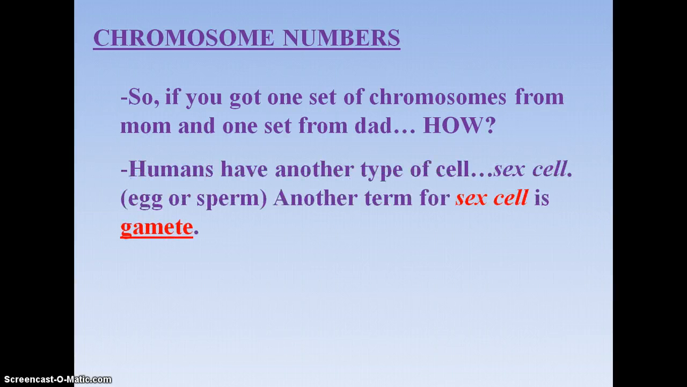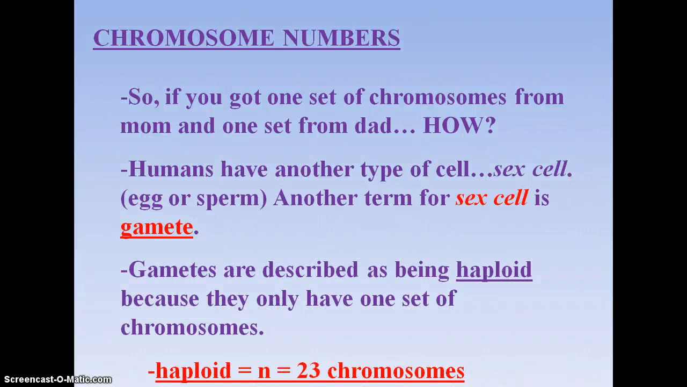we have a special type of cell in our body called sex cells that only have half of the chromosome number. So think haploid means half. So half of 46 is 23. And if we think about why those sex cells, why those gametes need to have 23, when a sperm and an egg come together, they each need to be carrying half of the chromosome number. So the egg carries 23, the sperm carries 23, so that when they make the baby, that baby has 46